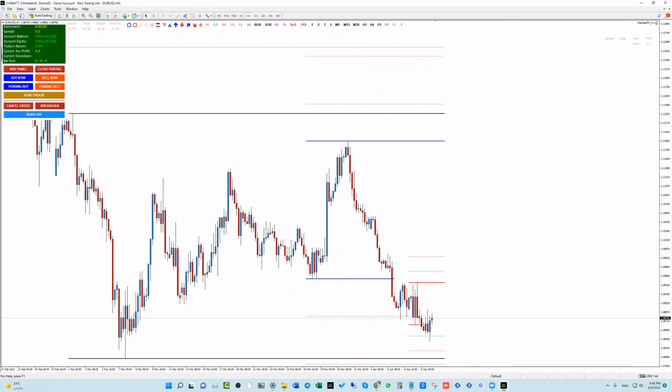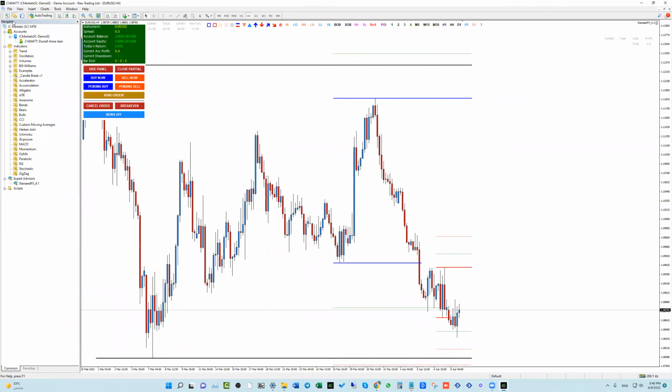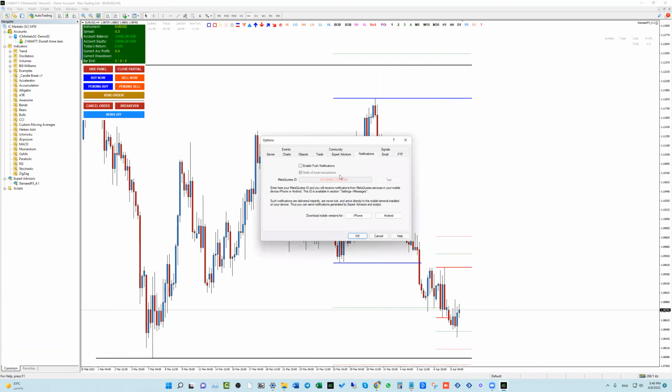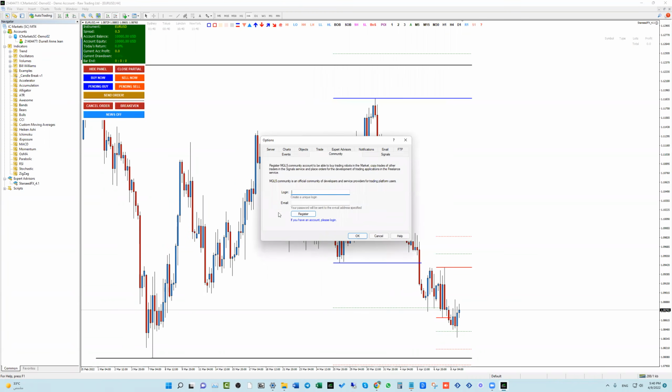So here, how do we save an EA from the marketplace? Whenever you buy something from the market, this is very important. What you want to do is click on tools, before you buy or after you buy, it doesn't matter, but I would suggest before you buy anything from the market. So you go to community, and if you have an account, please log in. So you just create this